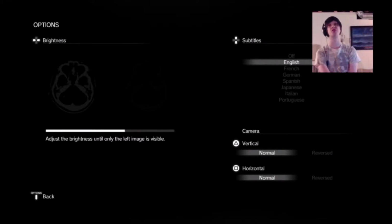Also, when the game does its fake crash glitch, the screen will crash and turn into a variety of colors. There's yellow, blue, red, white, gray, and black. There are 6 different colors, and it's completely RNG based. There's nothing you can do to trigger any of the colors. However,